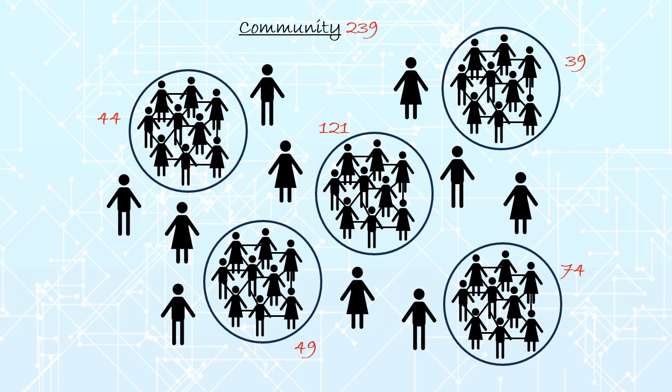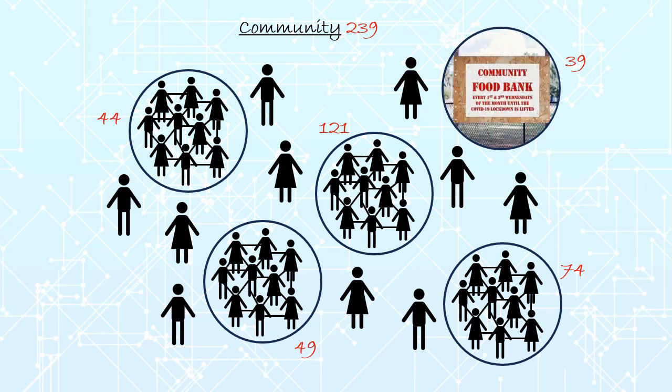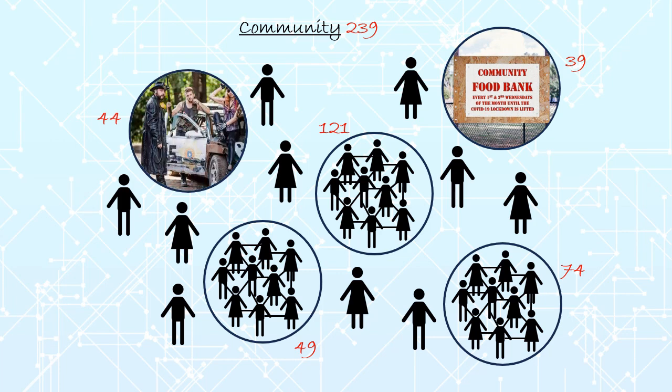Now consider the impact of social capital in two of those groups on the wider community. One is a charitable group set up to help those in need. The other is a criminal gang who survive by stealing from others. Increasing social capital in the charitable group increases social capital in the community, and increasing it in the criminal gang reduces it in the community.